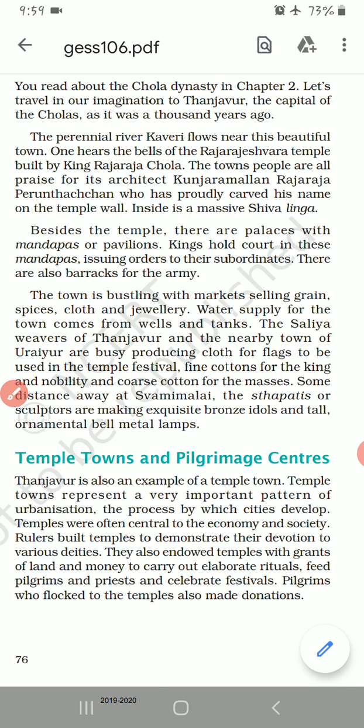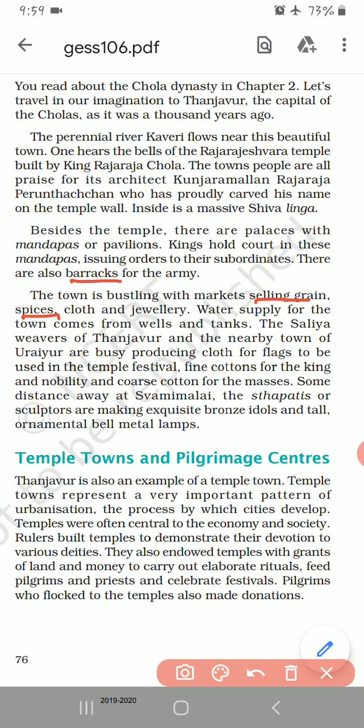Barracks means a place where soldiers live. A building or a group of buildings where soldiers live. The town is bustling with markets selling grains. The town is having a lot of rush and it's bustling, which means it's having a lot of noise there. Why? Because people are selling grains, spices,